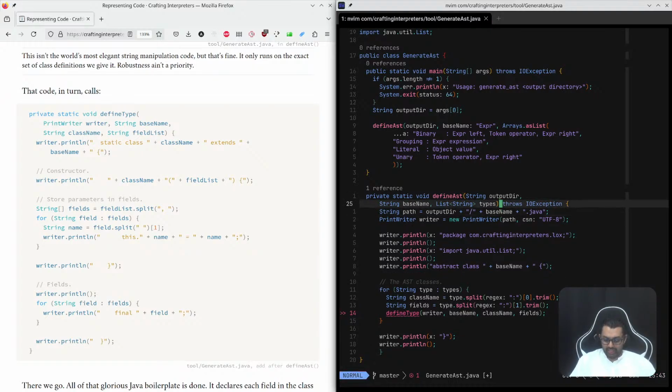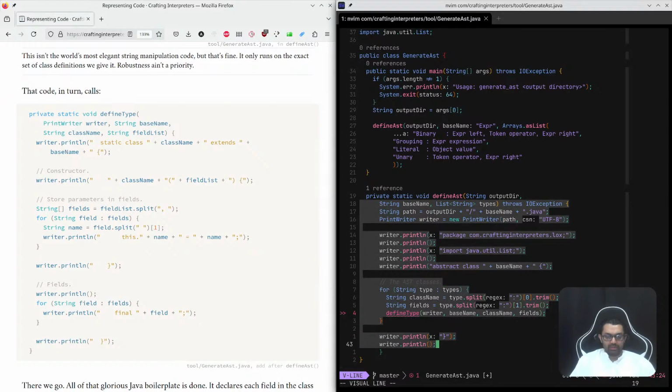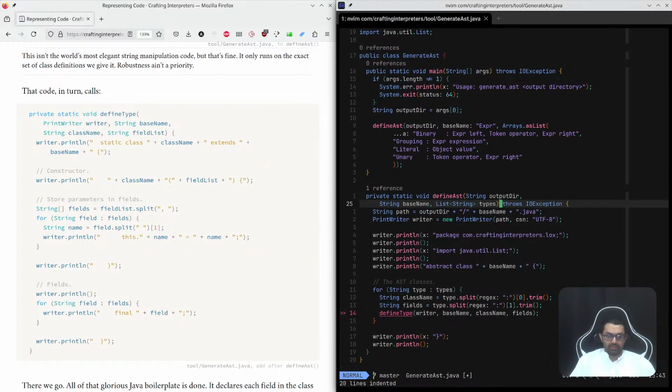Why is it like that? Much better. Yeah, I don't know why it was doing that. Anyway, so after defining AST,